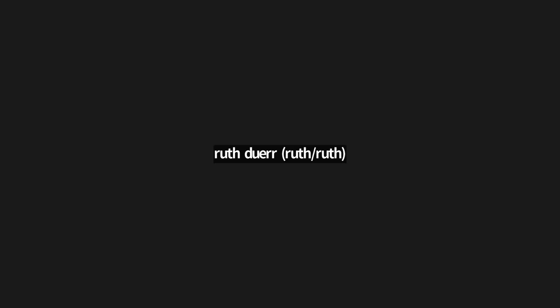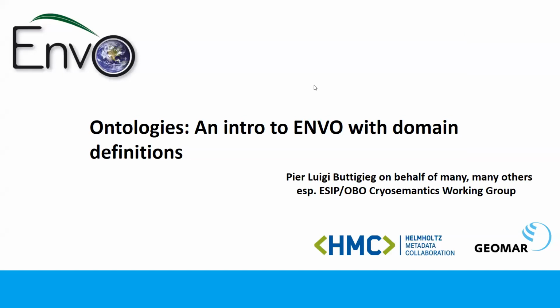So yes, next. Yeah, so I have more than 2 slides, but I should wrap it up in 2 minutes. So this is just a quick overview of Envo and what it does. This picks up very much from Ruth's talk and also from Brandon's introduction. Envo is one of the ontologies we used for our cryosphere mapping, and it has some potential for soil too. So let's try to jump in. Right.